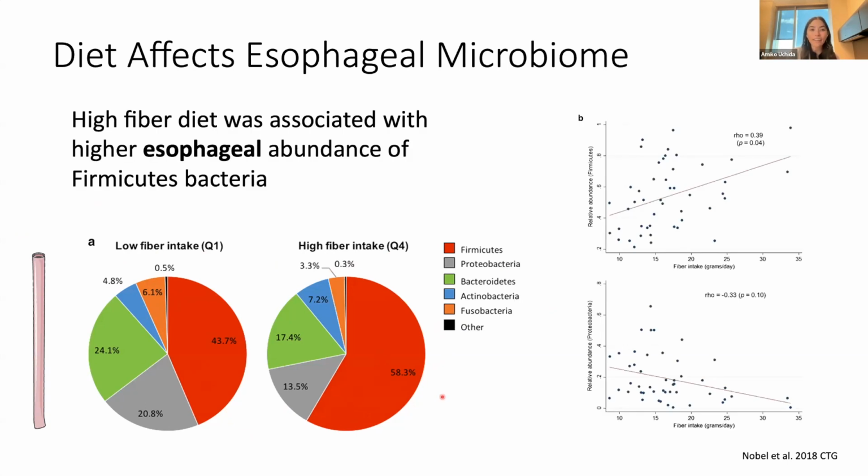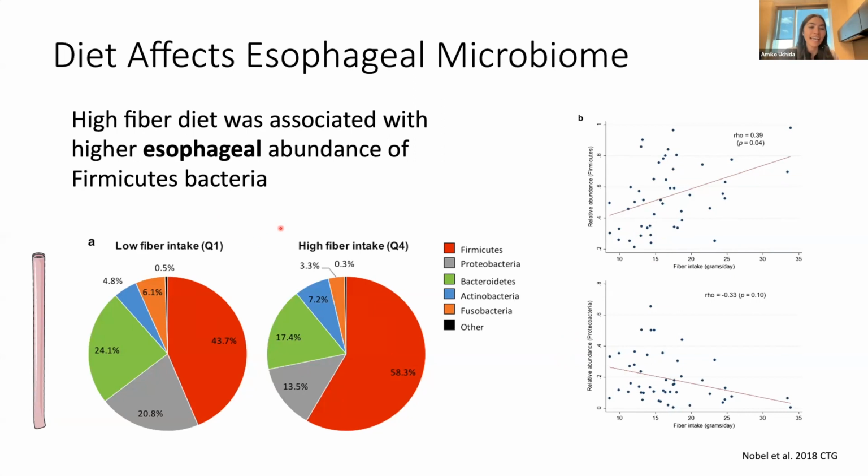And they did some other analyses as well. This graph, again, is not meant for you to be able to read the teeny tiny print, but what's shown here on this axis is fiber intake and how that tracks with the relative abundance of this group of bacteria, firmicutes, that word that keeps coming back to us. And a high fiber diet is inversely associated with a different group, proteobacteria, right? We saw more proteobacteria in